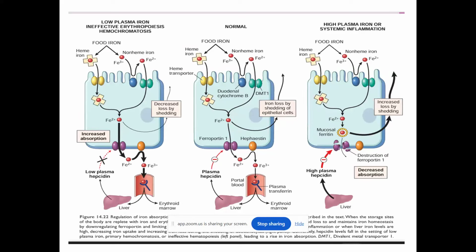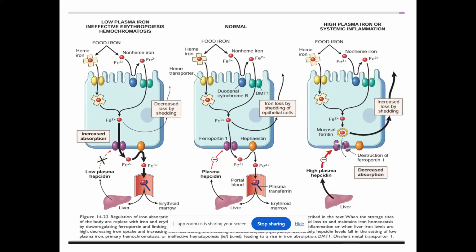So how is iron absorbed from food? We have animal iron from animal foods, and from vegetable foods we have heme and non-heme iron. The heme iron is the Fe2+ form and the non-heme iron is the Fe3+ form. Fe3+ has to be converted into the Fe2+ form for absorption in the duodenal cells. Only if it is in the Fe2+ form can it be absorbed in the duodenal